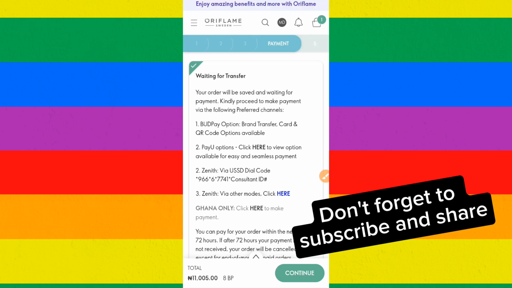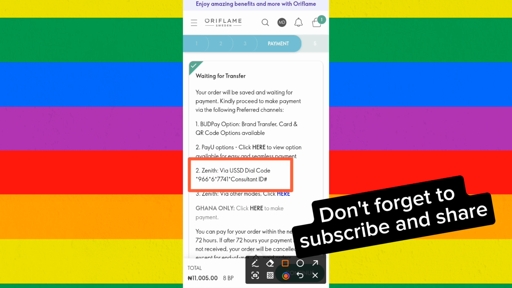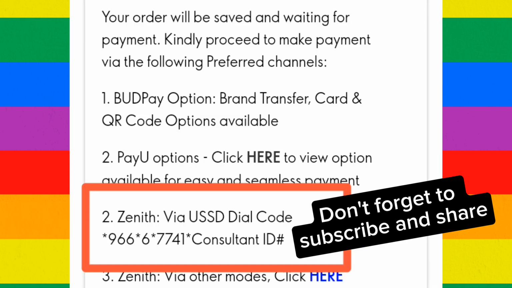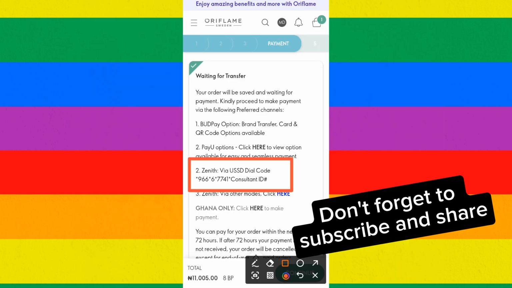I'm going to be explaining for you one after the other. It's either you transfer using the USSD code. You follow this code here, that is, you type the code, then star 966 star 6 star 7741 star your consultant number, that is your ID number, then click on hash. Then you do the transfer. So it's either you do it like that, or